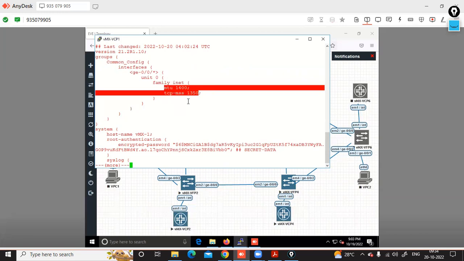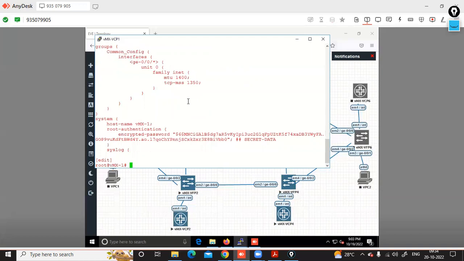Now, carefully. Look at this. Where am I? I'm in the global configuration mode. At this point of time, if I commit, it will apply to all the interfaces. It will apply to all the gigabit Ethernet interfaces. Okay. But